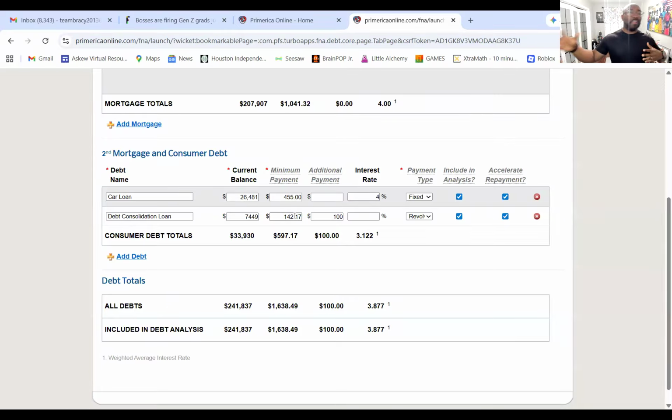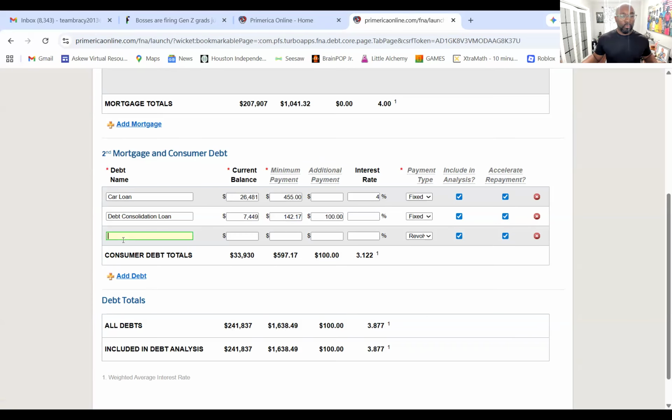Now, sometimes clients are like, it varies. Sometimes I pay $150. Sometimes I'm paying $75. Well, what do you pay on average? Okay, it's about $100. So that's how you got to go through those questions and ask them, right? So she says she's paying about $100 extra. That debt consolidation loan is not revolving, it's fixed, right? Then we go to